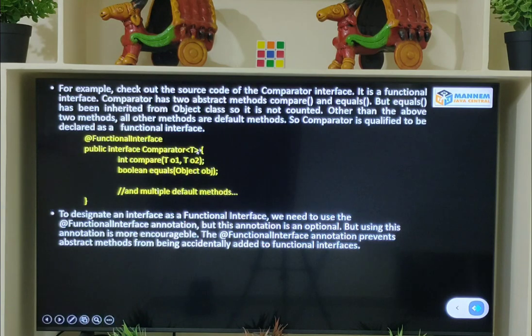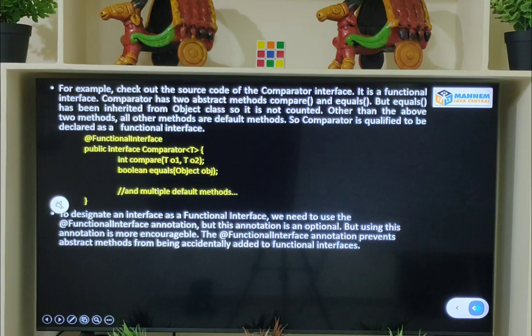See here, Comparator is a functional interface. For this Comparator, the abstract method is compare. This compare method is exclusively written for the Comparator interface. So this compare method exhibits the functionality of the Comparator interface, but the equals method is not written for the Comparator. It was inherited from the Object class.